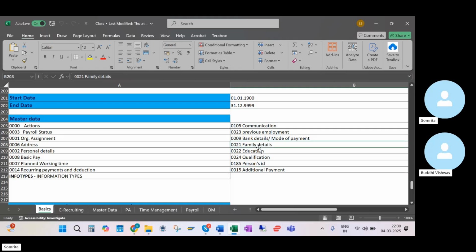Next, 21, this is for family details. Regarding this family details, here also we have different types. Suppose mother details,